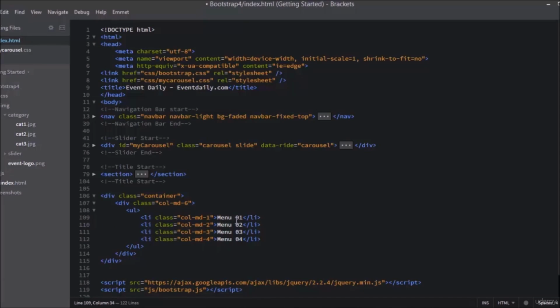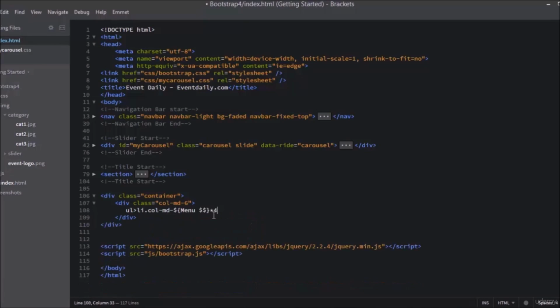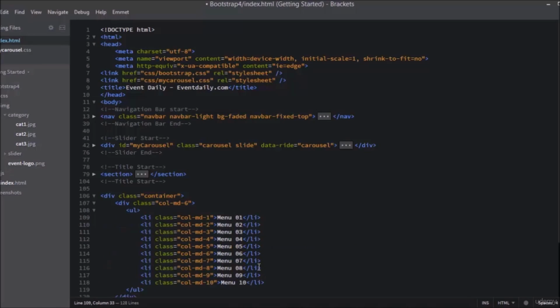If we want more than 4 items, we can change it. Let's make it 10 and see. Okay, now